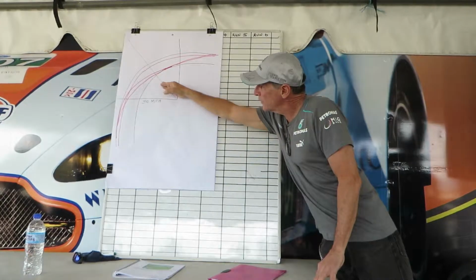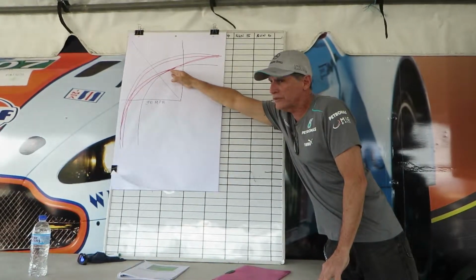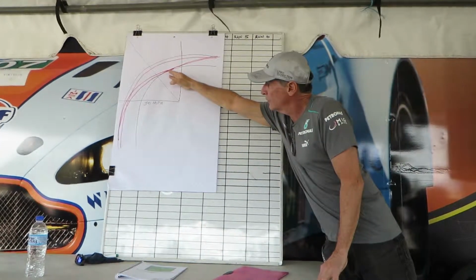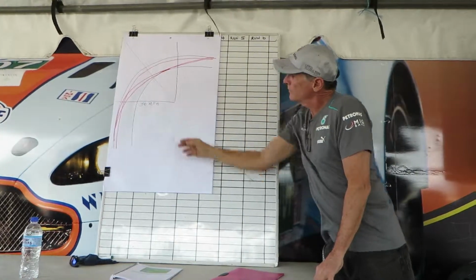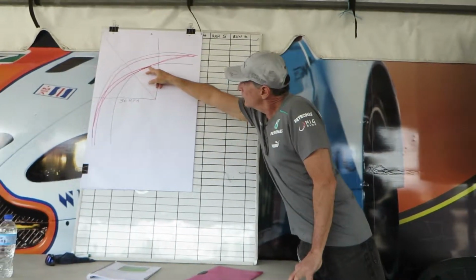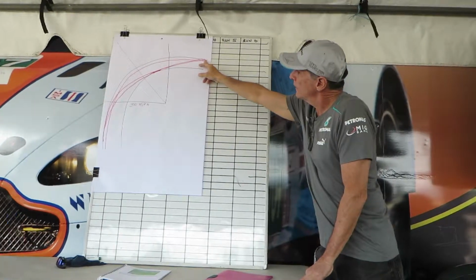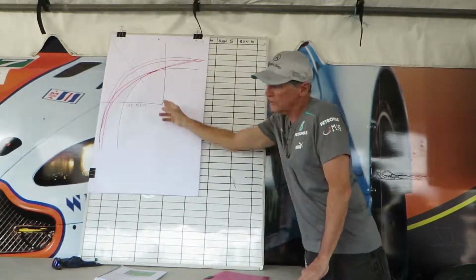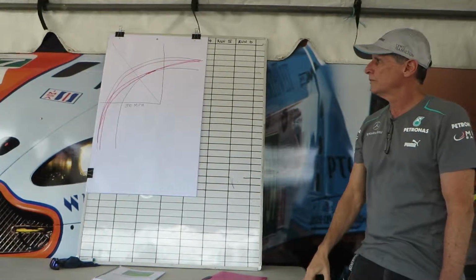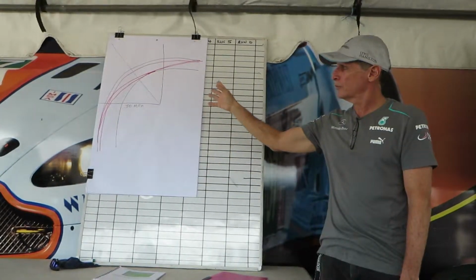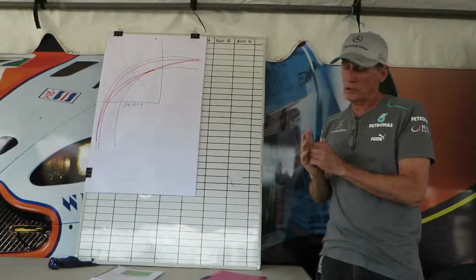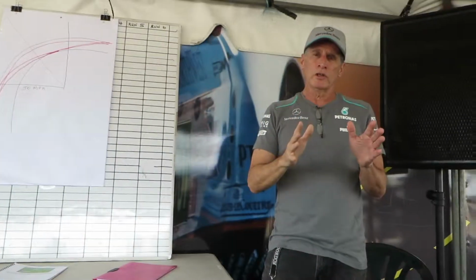Instead of aiming for the geometrical apex of the corner, you can actually advance it or retard it. Nothing wrong with it. At this point, though, it's going to straighten out the last bit of the turn. It's not going to be as sharp as the original turn would be. The diagrams are not perfect, we are trying to draw them, but the concept is by slowing down slightly